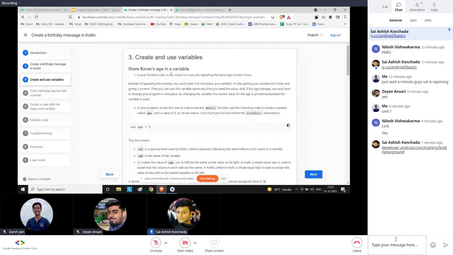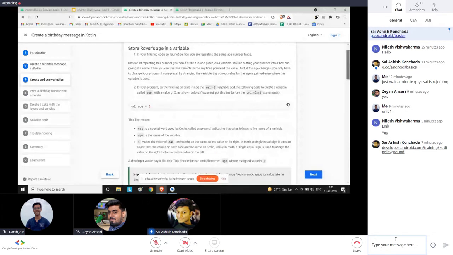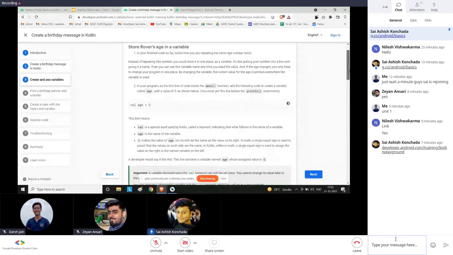Now what we'll learn is how to use variables in Kotlin. Now this is a statement that is val. val is a special keyword. What you have to remember is that once you use val, val is like the final keyword. So when you're using val, you cannot change the value again. Unlike normal variables, when you're using val, if you set the age to 5, it will always remain 5. If you want a normal variable, what we are regularly using in other programming languages, you have to use var.